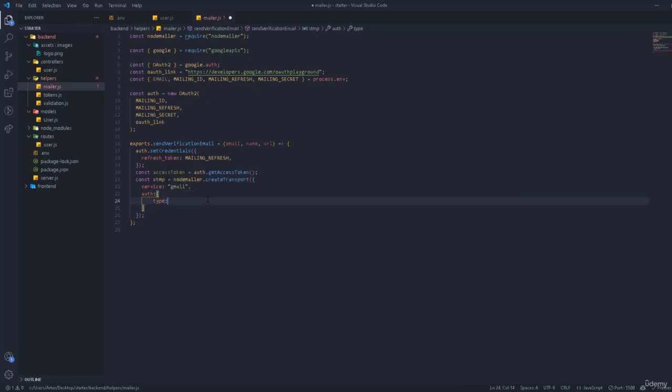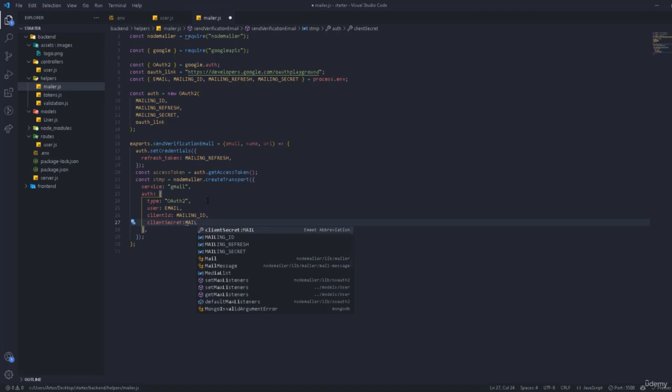Okay, so we're going to define that as our type that we're going to use. So let's put inside the string. This is the first thing. The second thing is going to be the user that we're going to send from, which is going to be the email. Okay, and also we're going to have the client's ID, which is going to be the mailing ID. Okay, and now we're going to have the client secret, and the client secret is going to be the mailing